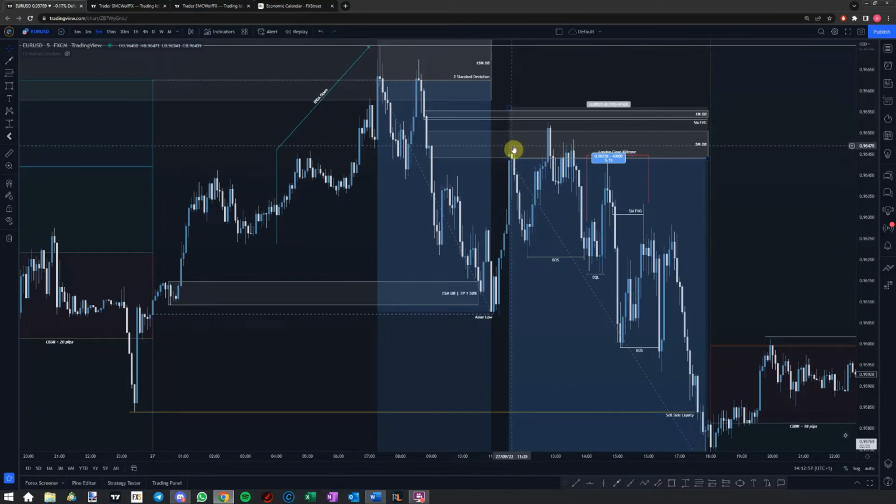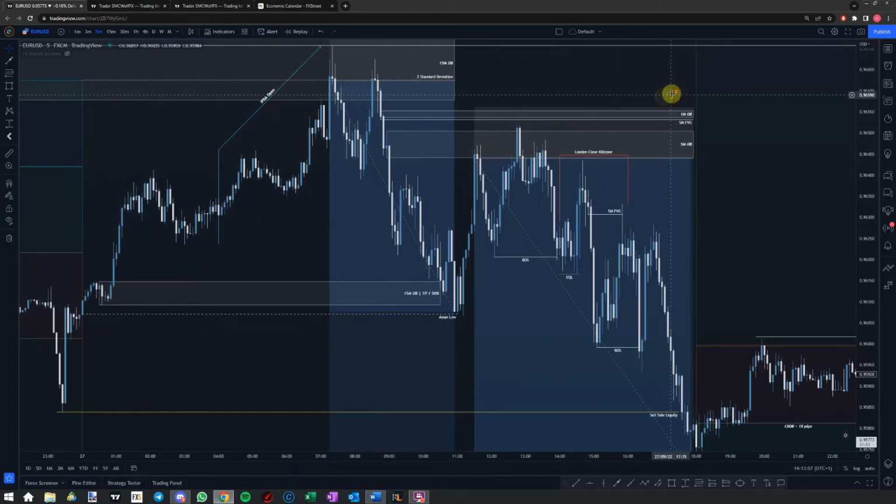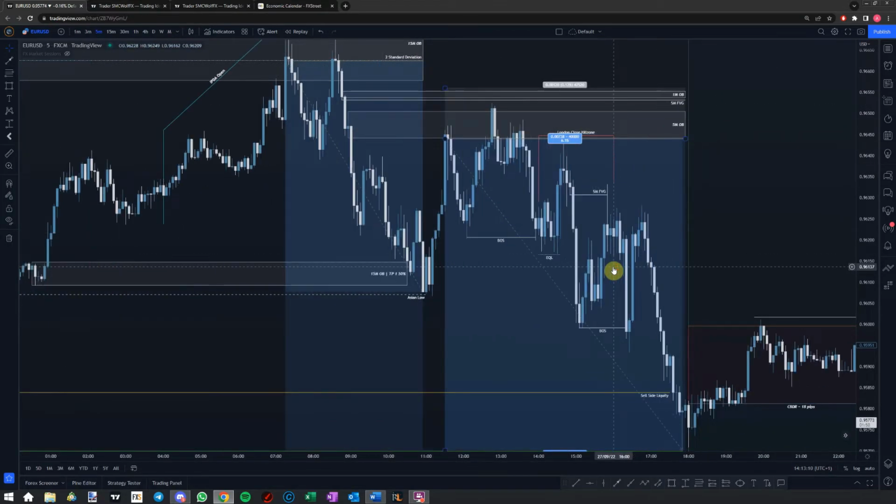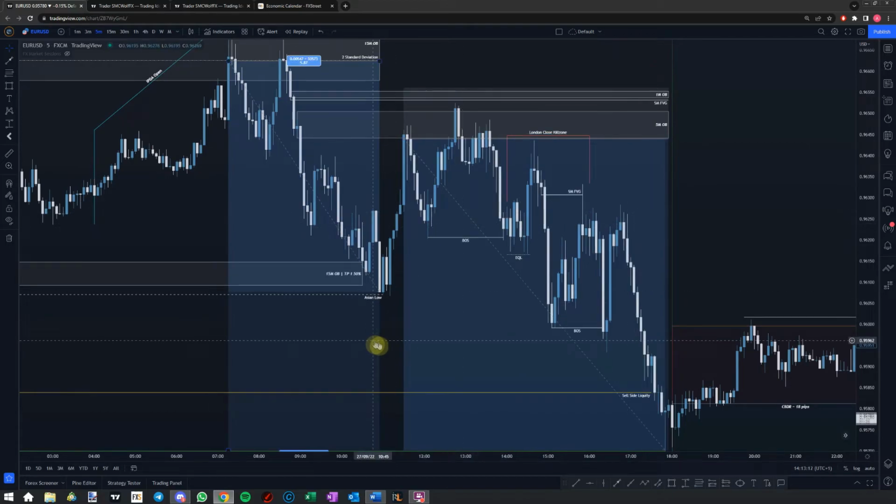So we did initially tap into it, which was a 5-minute reaction, traded back down, and then took in the fair value gap, and then the markets displayed beautiful price action from there on, causing break of structures, leaving behind equal lows, trading back up, going straight through our equal low points, having further break of structures, again leaving behind fair value gaps, and efficiently pricing in the market throughout our New York trading session,